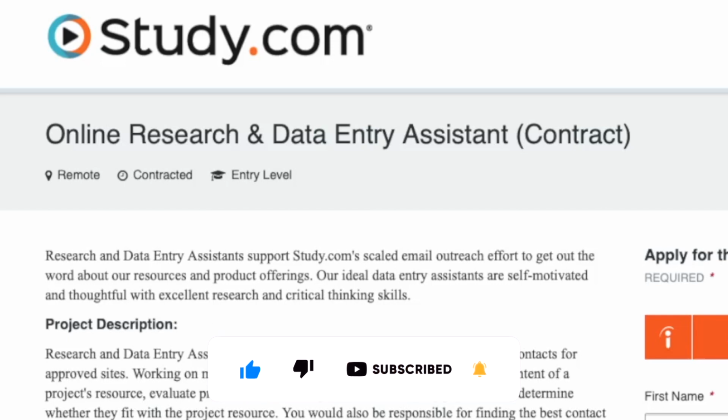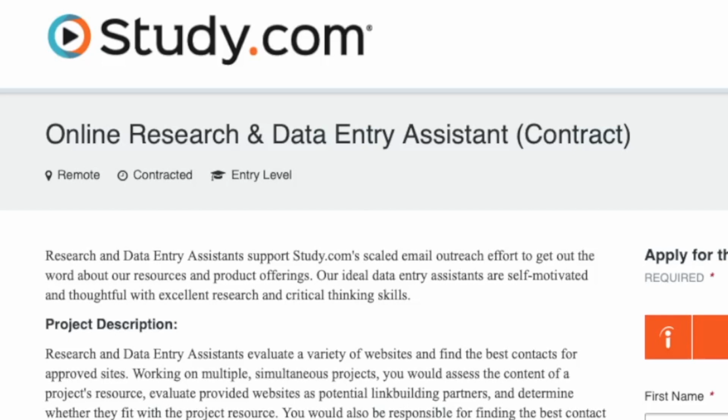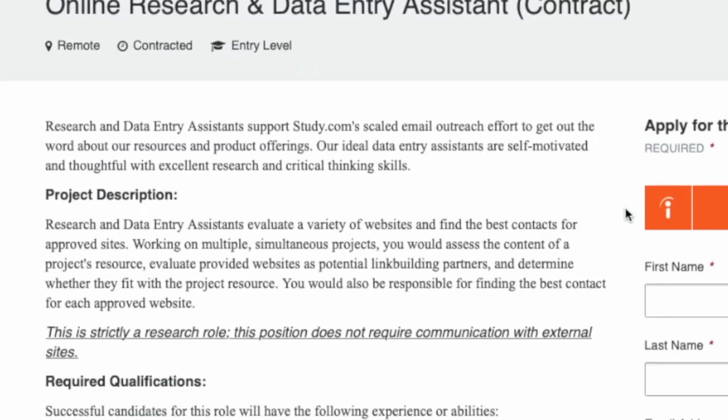So it says the research and data entry assistant supports study.com's scaled email outreach effort to get the word out about resources and product offering. The ideal data entry assistants are self-motivated, thoughtful, and have excellent research skills. So you'll basically be evaluating a variety of websites, finding the best contacts for the approved websites. You'll work on multiple simultaneous projects, and you'll assess the content of the project's resources, evaluate the provided websites for potential link building partners, and determine if they fit in the project